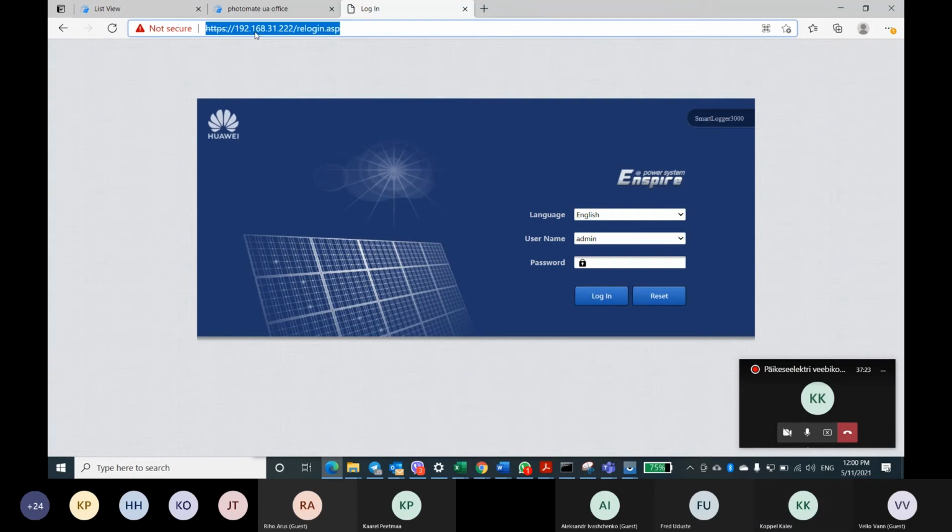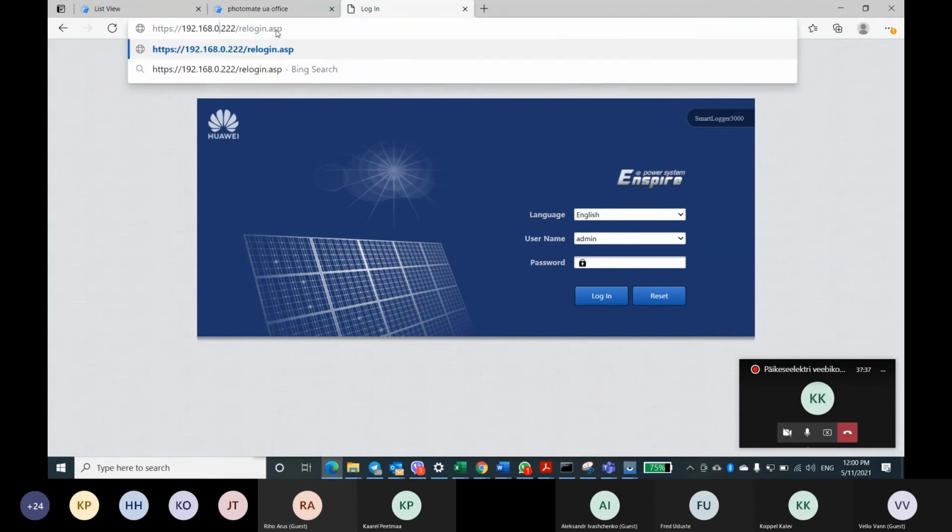Now the Smart Logger is connected to the router in our office through one port, and I know that the IP address of the Smart Logger is this one. In your case, it will be the default address. You need to use this address to enter. But now it is this one.